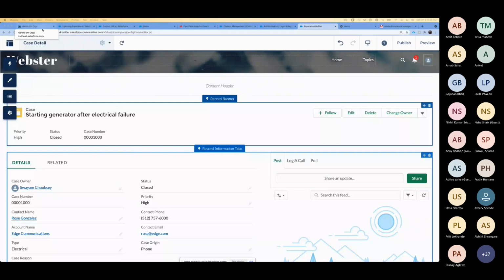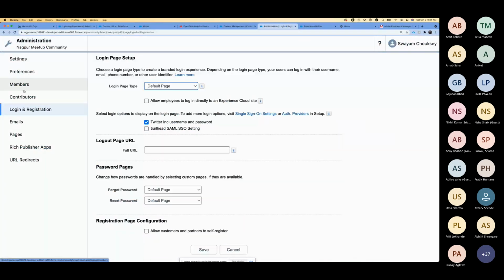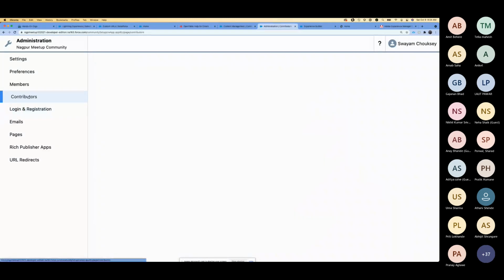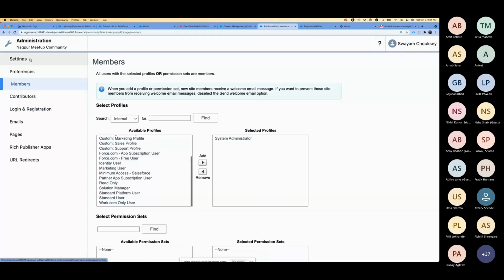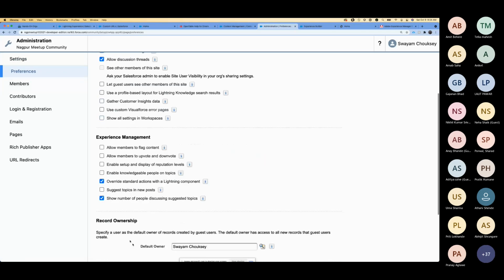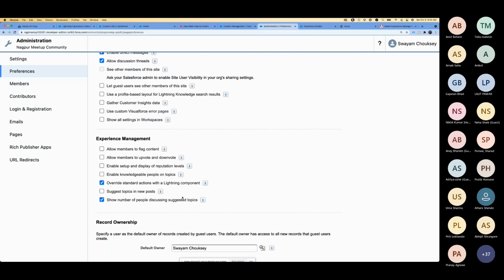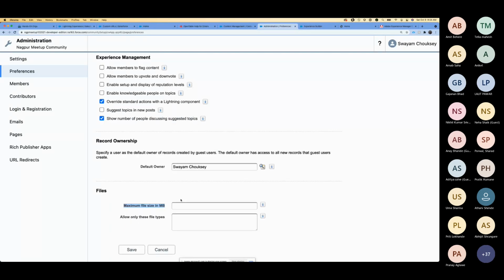I think that setting is present somewhere here, under preferences. There are options where you can enable that setting, but it's very limited, and you need to enable the guest user profile to have access to those areas.